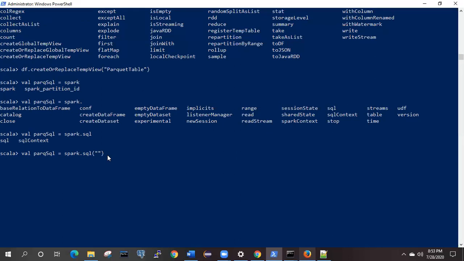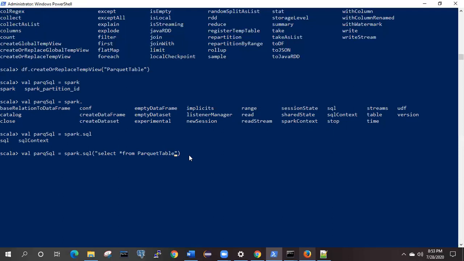We need to specify what SQL query we want to execute, like select star from, and from where you want to select. You want to select from this table, and this is now the table name. We have created parquet table, so we need to specify parquet table here.